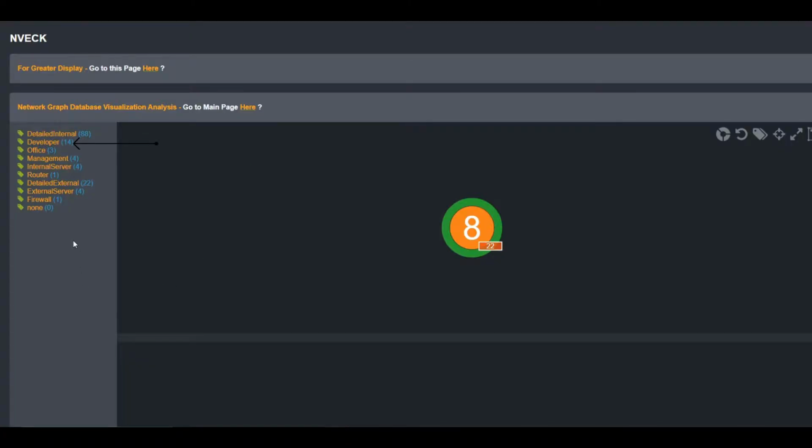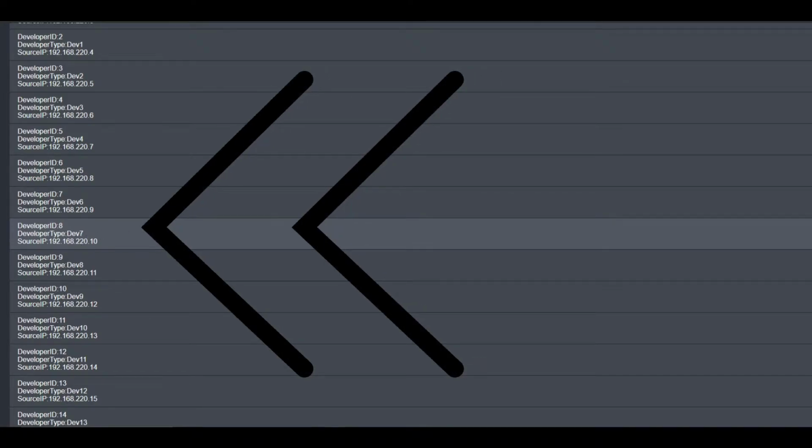Okay, I will explain the internal area first. The internal network is in the OpenStack environment and it has four subnets, which are developer, office, management, and internal server. On the external area, there is an external server. In each of the subnets, there is an ID, type, and the source IP. As you can see in the developer area, this is the ID, source IP, and the type. Next, in the office,